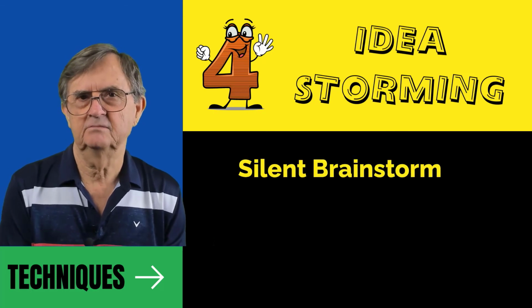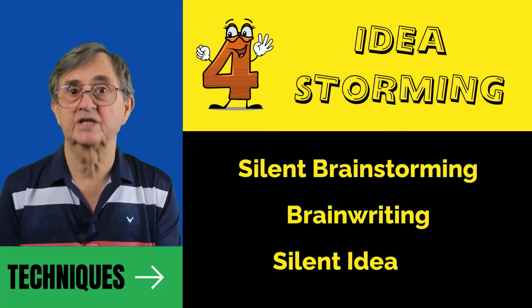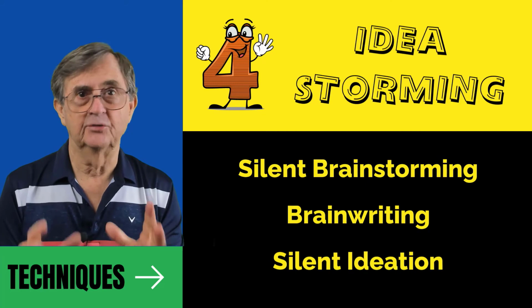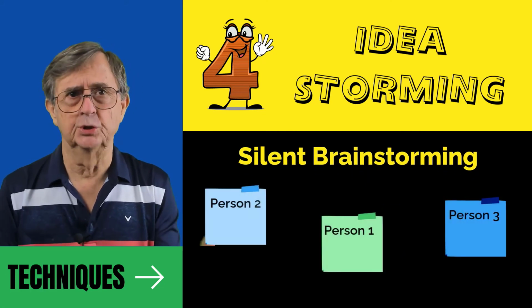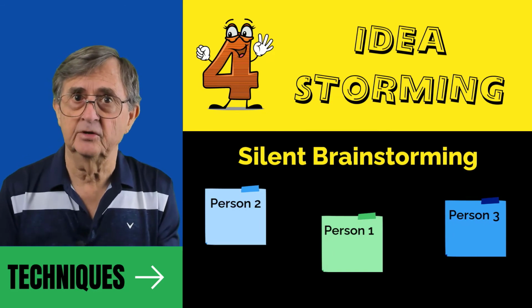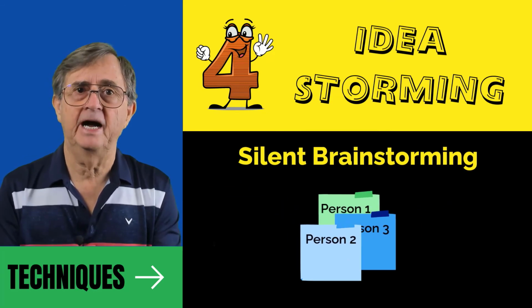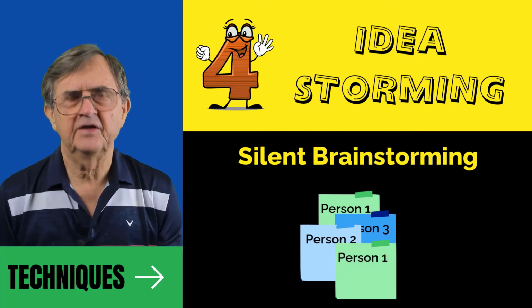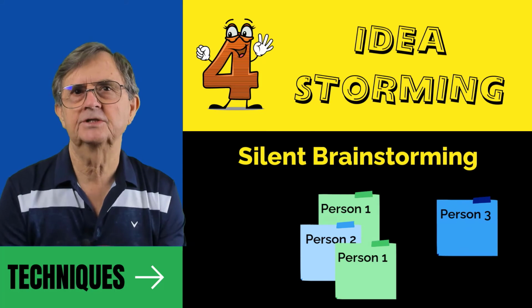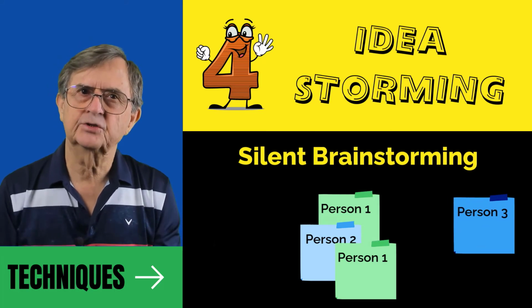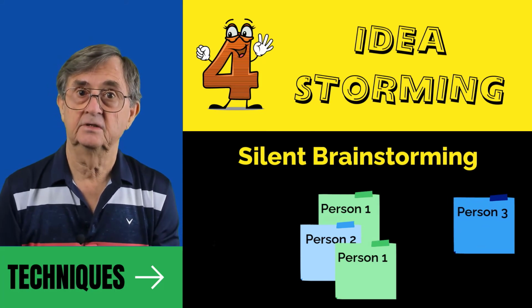Silent brainstorming, also known as brainwriting or silent ideation, comes to the rescue. Contributors jot their ideas down either on Post-it notes, index cards, or slips of paper. They place that idea on a pile in the middle of the group, and now try to think of another idea. If they come up blank after giving it a serious try, they can pick someone else's idea from the pile and see if it triggers any additional ideas.